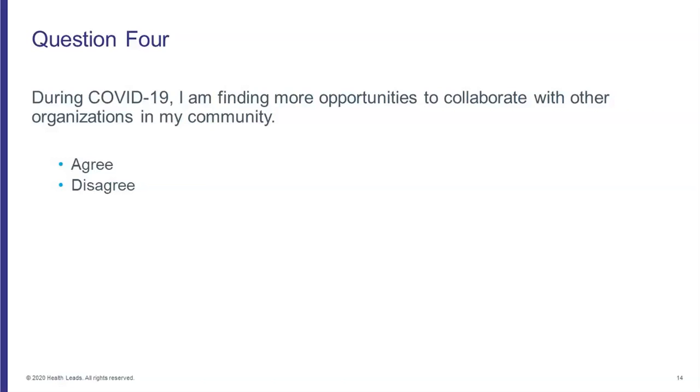And so again, we've got about 30 seconds left. So finish taking the poll question, and I would love to dive into this one a lot deeper, because this is something that we've been hearing a lot about. People have been noticing that there are definitely more opportunities to collaborate. And so we're going to definitely get into those details about how people are collaborating in ways that everyone can communicate with each other to really make sure everyone's up to date, especially with the resource availability in your community.